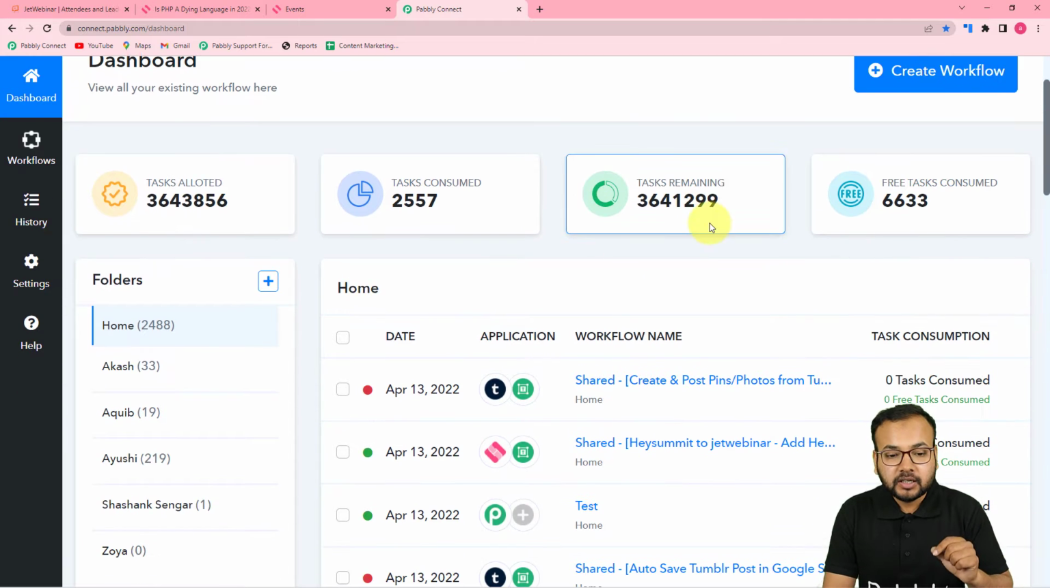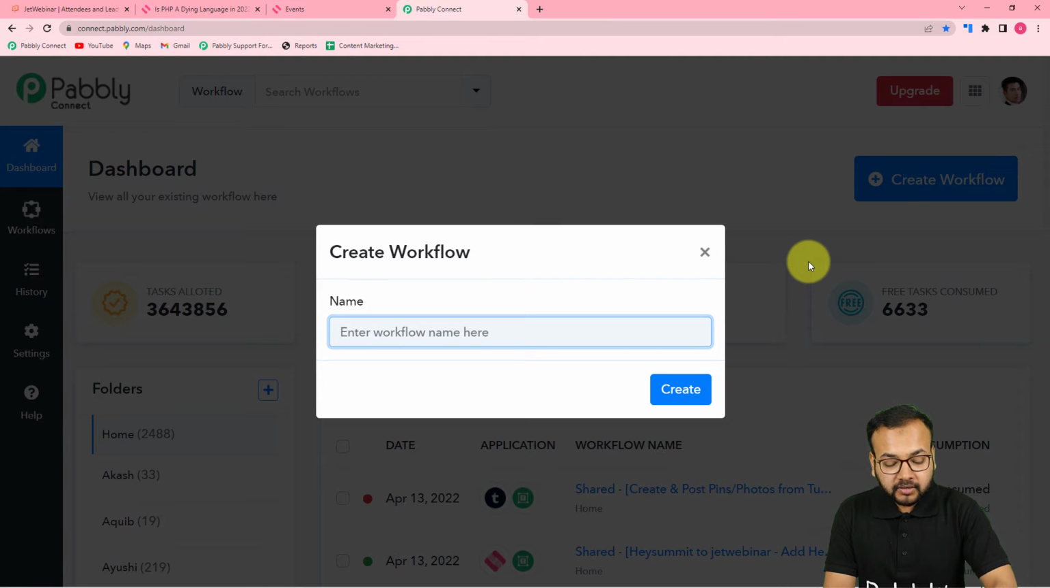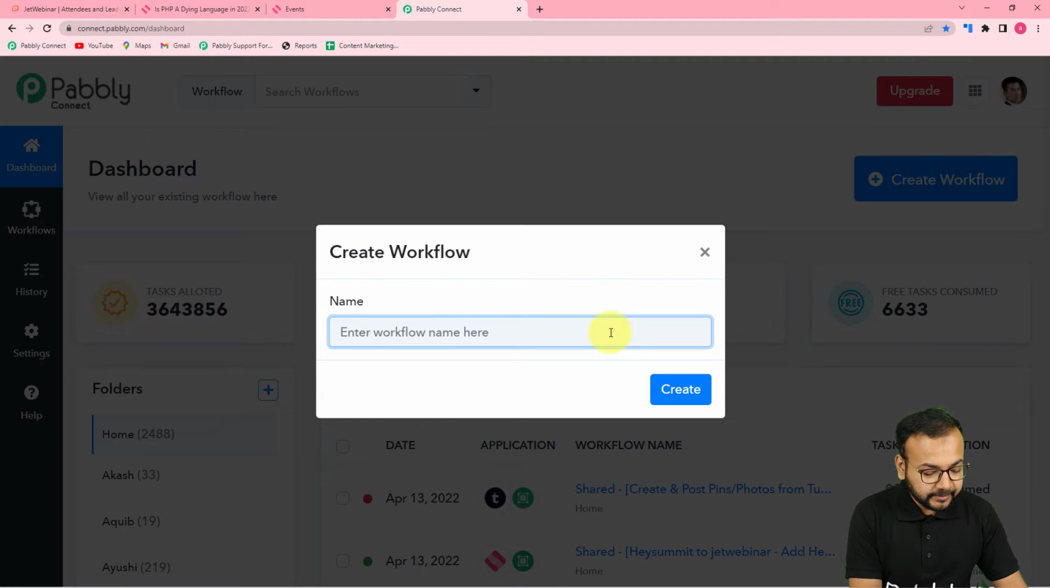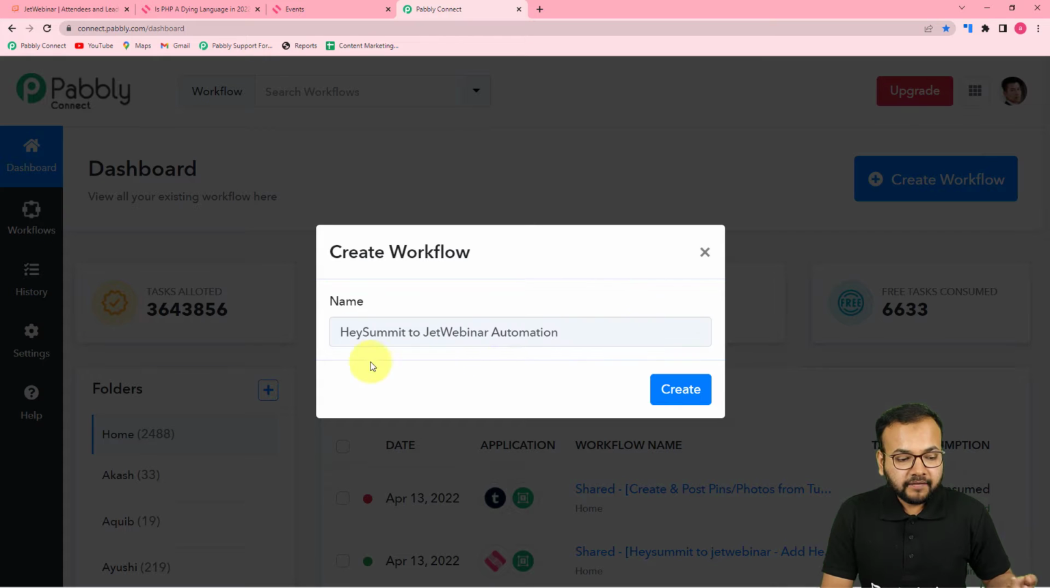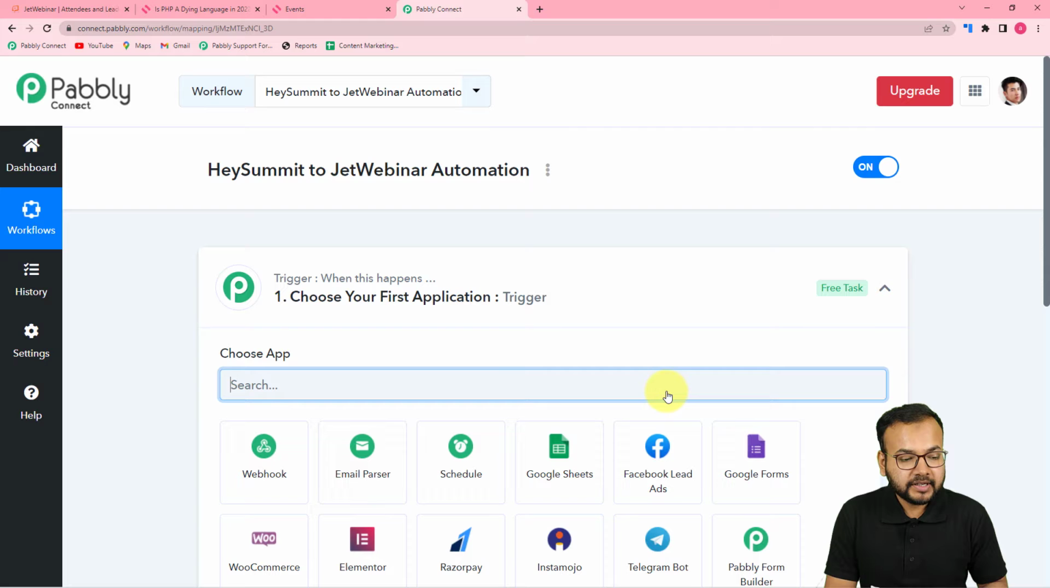And guys, here you have to create this automation by a workflow. So just click here on this create workflow button, and here you can give any suitable name to your workflow. Let's fill the name here as Heysummit to Jetwebinar. So I have filled the name here as Heysummit to Jetwebinar automation. After giving this name, just click here on this create button, and you can see your workflow is getting created